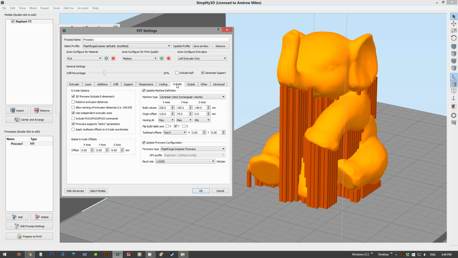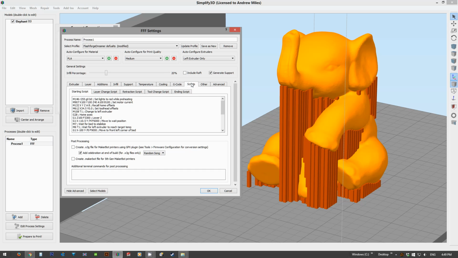For cooling and G code, this is all default. This is your build volume, so it's automatically set for your Flash 4 Dreamer or whatever printer you may have. This is script. Now by default, right here, there's RGB. There's RGB lights in the Flash 4 Dreamer, so you can change these